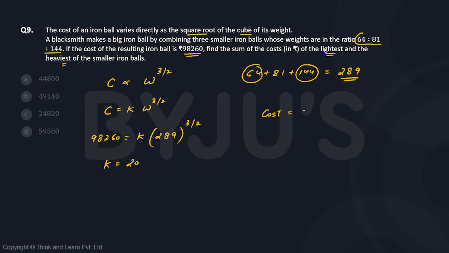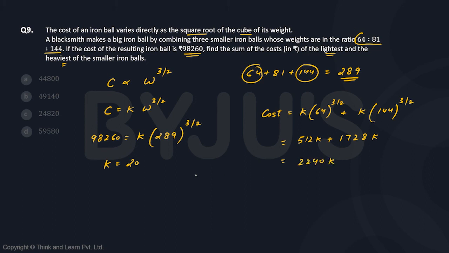I can write the expression as K into 64 raised to the power 3 by 2 plus K into 144 raised to the power 3 by 2. Now the square root of 64 is 8, and 8 cube is 512. So it will be 512K plus the square root of 144 is 12, and the cube of 12 is 1728. So the total cost will be